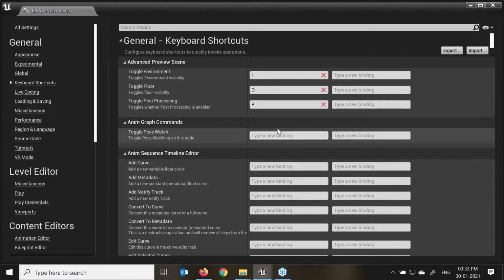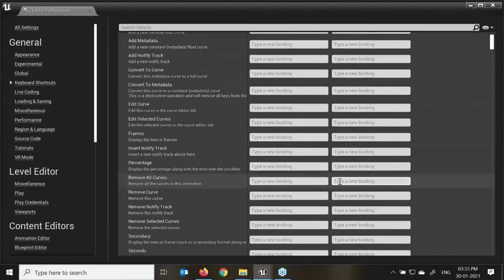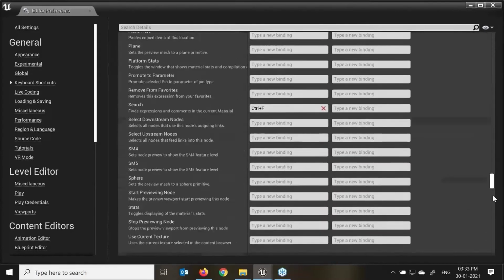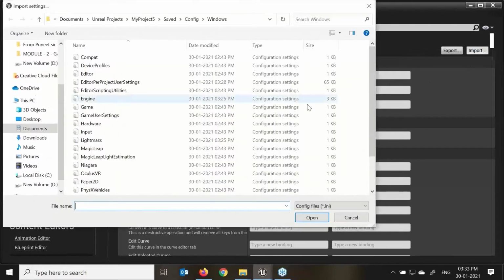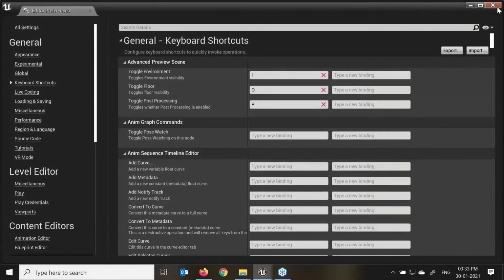With the help of our shortcut key, we can apply, we can type and create the shortcut keys as well. Here we do not have to save it, we just need to click on this X mark over here, so this automatically will save. If I want to import any shortcut keys from any other software or any other features, see, Unreal uses the different plugin editor which they have, and the company is creating new tools and features every day. If you want to import for the keyboard shortcut, you just need to click on this import after installing. See, these are the different game or hardware and the different configuration settings over there.